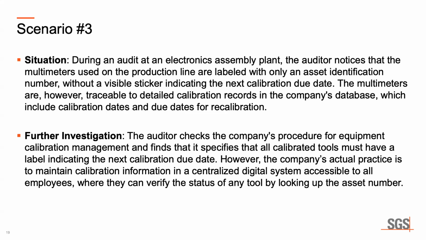We know that the standard ISO 9001 does not require us to have everything documented. So in explaining the procedure, this is where it becomes a little bit tricky, right? If the procedure says that you need to have a calibration sticker and you do not have a calibration sticker, you only have an asset number, I'm going to ask you a question. Is the calibration sticker the same thing as an asset number? It's not. So this is also a nonconformance.